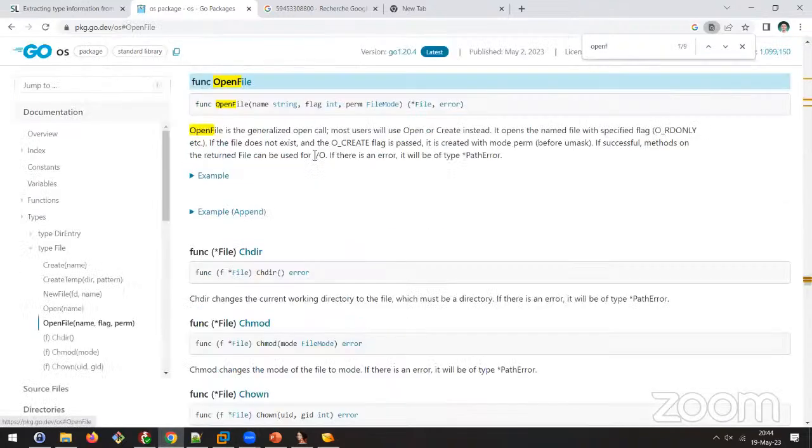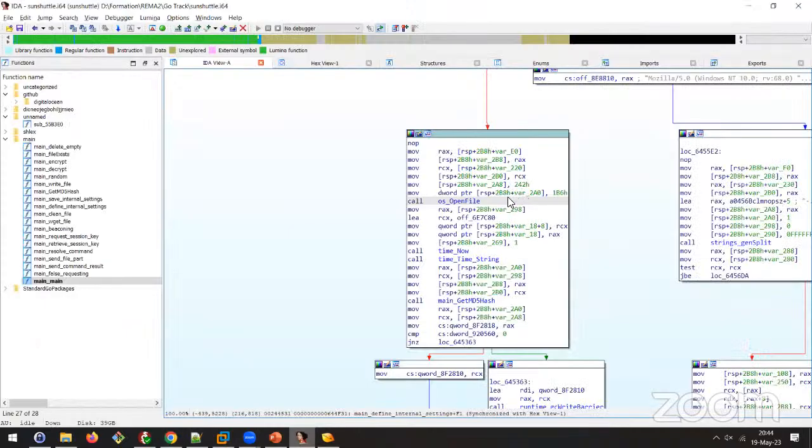Okay, so this function opens a file, of course, and then you have 3 arguments: a string, an integer, which says whether the file is created or read-only, that kind of stuff, and then a permission. Okay, so let's see here in IDA, the file